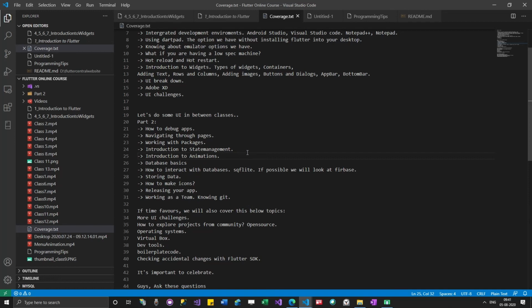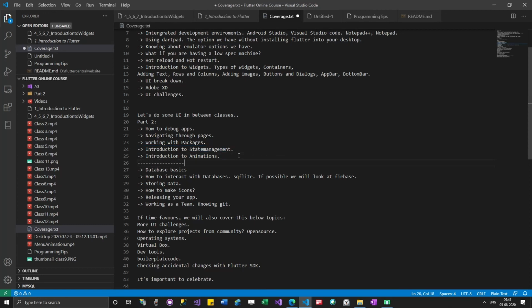So from tomorrow we'll start discussing state management, and then we'll go with animations. After this point, I think you are done with learning Flutter. Okay, so all the remaining topics, database basics, how to interact with databases, all these topics, either you can learn by yourself or you can follow our course.